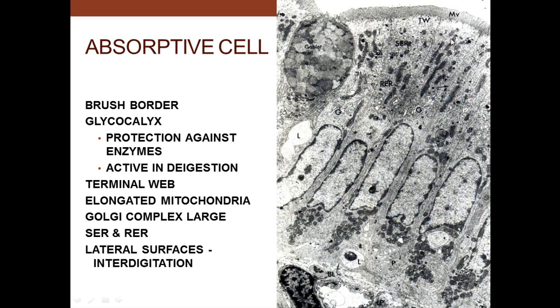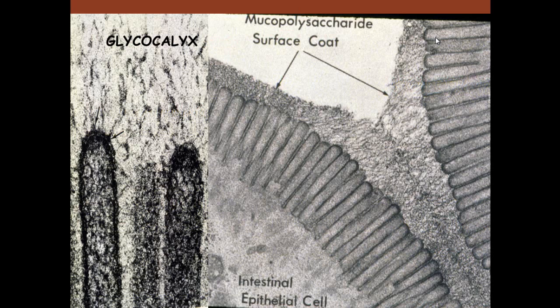pumping things out, and up here for active transport on the surface. So if we look at the surface, the luminal surface, we have the brush border, and the brush border is uniform microvilli about the same length. High density of uniform microvilli is what makes a brush border, and we have the intestinal absorptive cells, and then